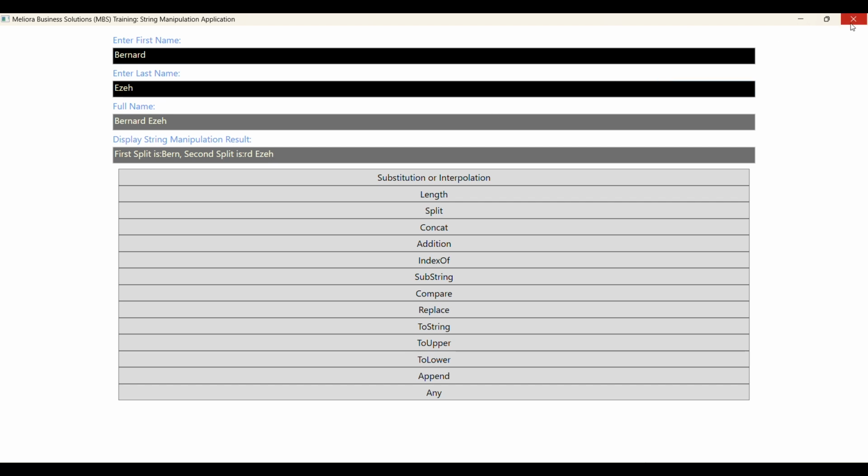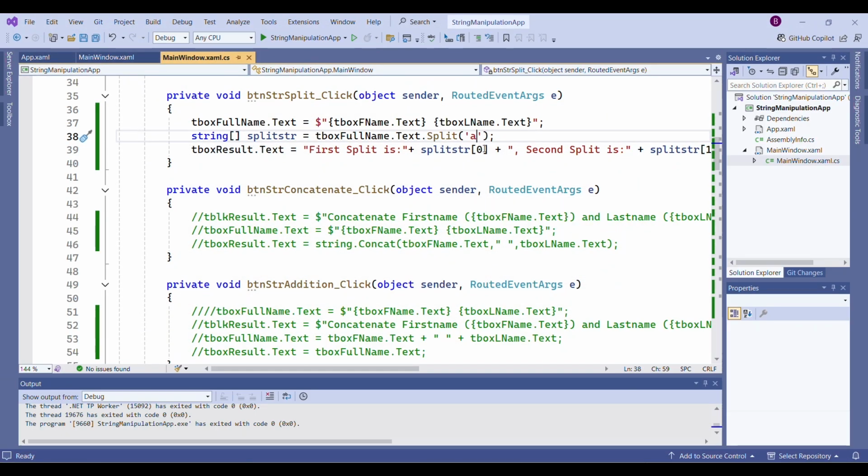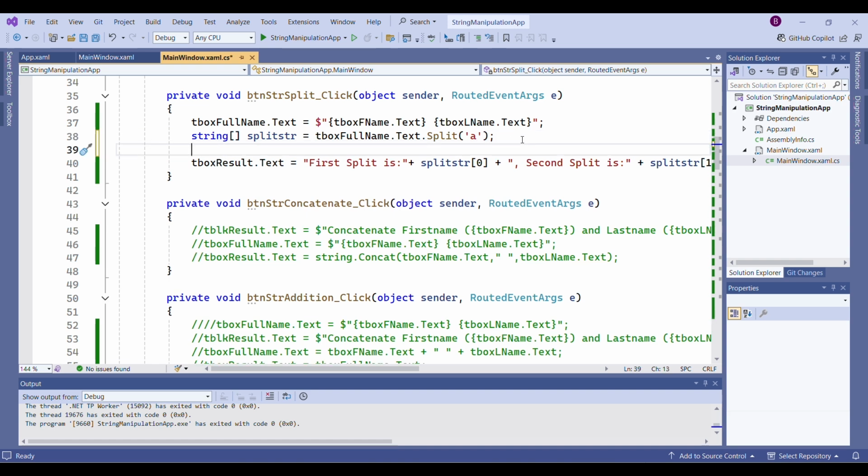But I will still want to show you, because the split can go beyond that; it can split into 3, 4, 5. So sometimes you really don't know the total number of words that come out of that split. So in that circumstance, you would not use direct coding of split string 0 and split string 1, because you don't know that it's just going to be only those two. So what usually happens is, after applying the split string this way, you come here and then you say